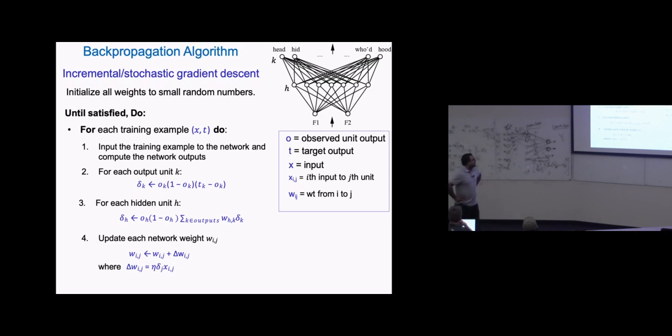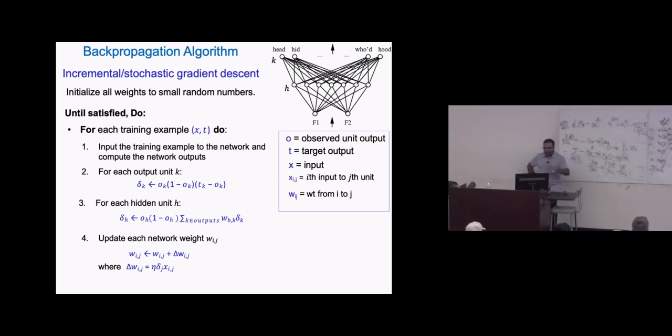That's the formula that you have to use. If it's the output layer, you have one formula. If you have a hidden layer, you have this formula. And then you update all the weights in the network and keep doing this until your accuracy on the validation set drops to a certain degree. Then you stop your training and hope it will do well in your testing and whatever goal task you have.